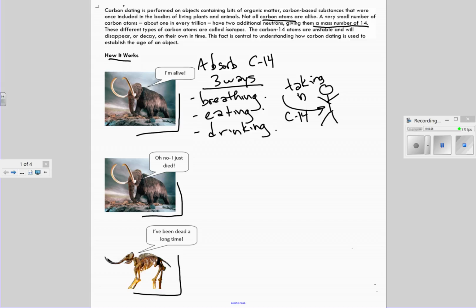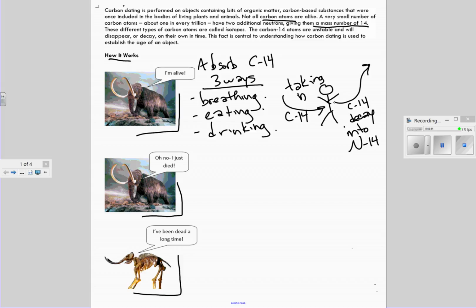You're taking in C14. Now, what's also happening is you are having C14 decay into, what it decays into isn't particularly important, but just FYI, it decays into nitrogen-14,